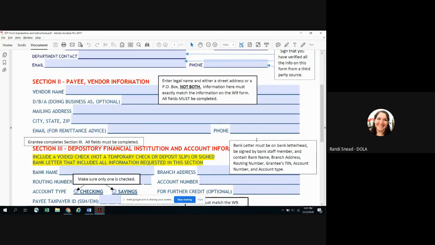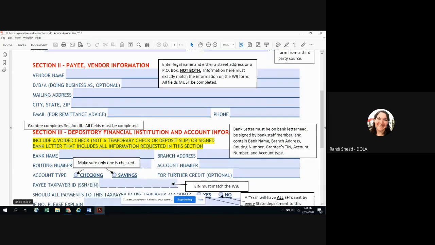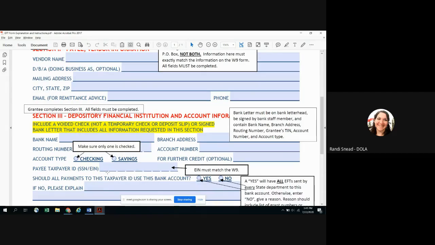Next, enter the information requested from your bank, including bank name, branch address, routing number, and account number, and whether it's a checking or savings account. Leave for further credit blank. Enter your EIN here. And for this next question, only select yes if you want all future payments from all